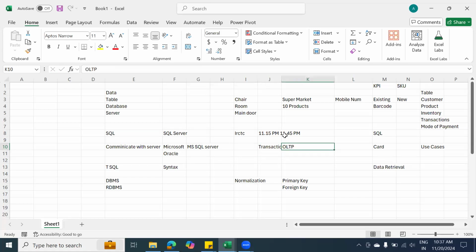But at the end of the day, they need to prepare the report. What they do is they move all these transactions data from OLTP to OLAP in the midnight. So when they are moving the data from OLTP to OLAP, they don't want to conduct any transactions. That is the reason they restrict the transactions in this time, and they move the entire data from OLTP to OLAP.